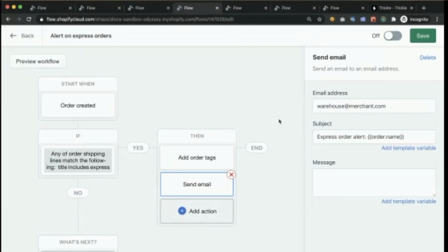Right, right. I had a buddy that has an app, a post-purchase app,